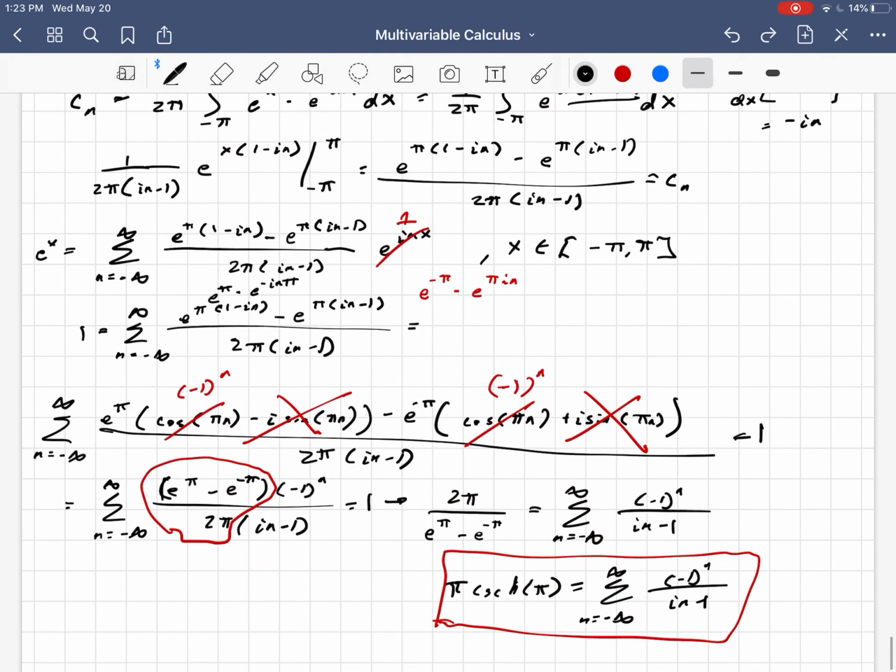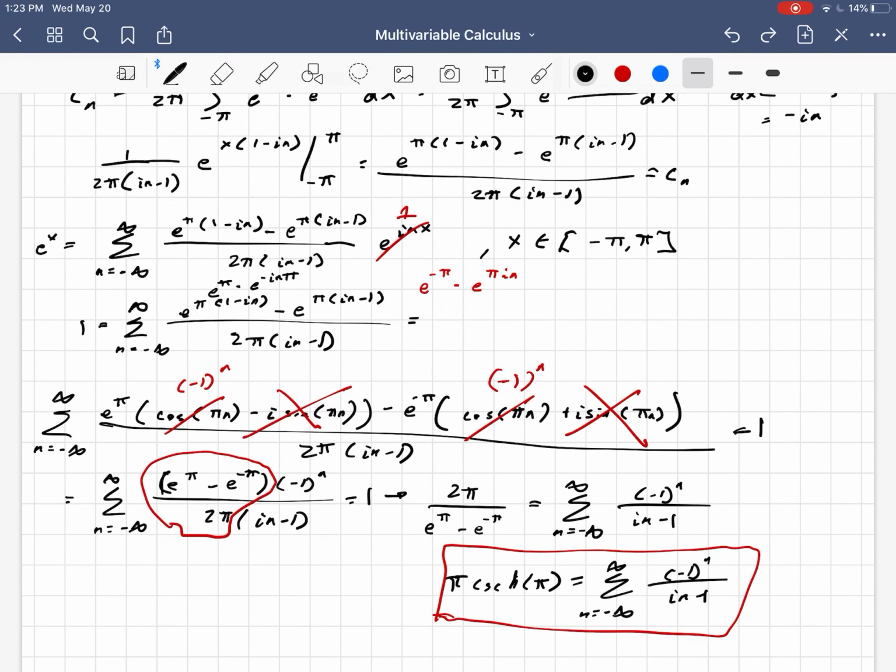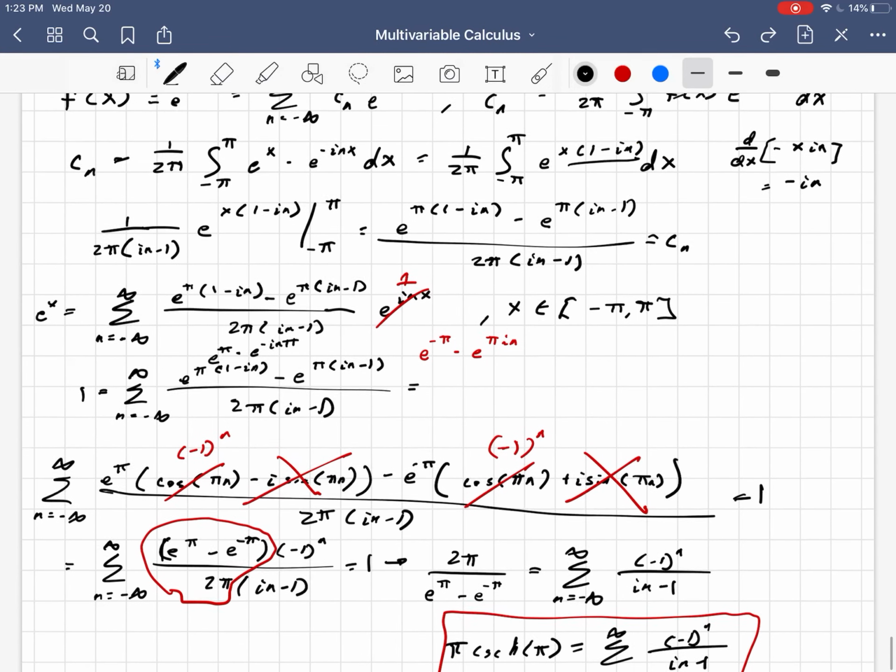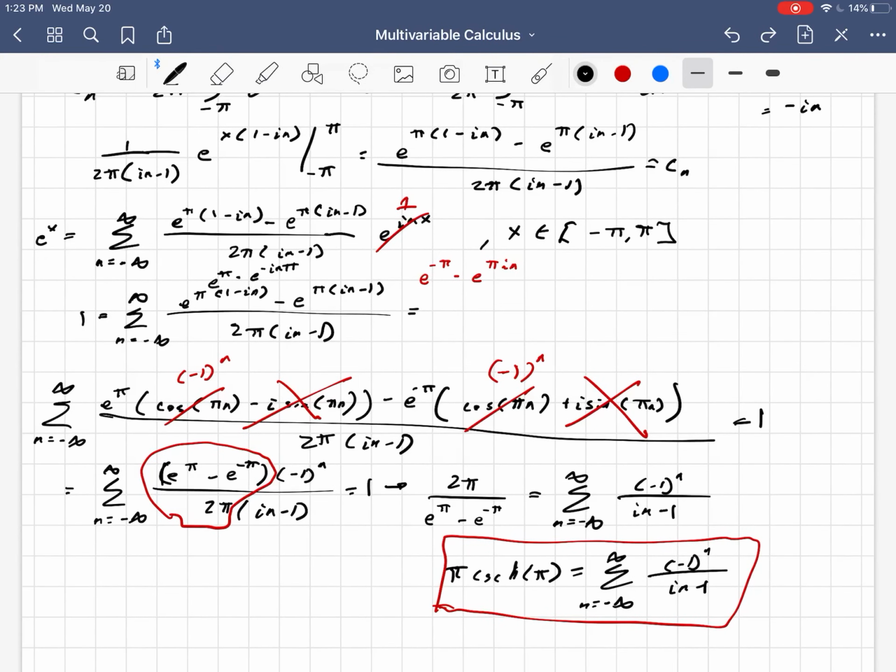And hopefully going through the complex Fourier series for e to the x also gives you a feel for why I think at least the complex version is easier, right? Much less algebra and integration and all this stuff. I guess with that